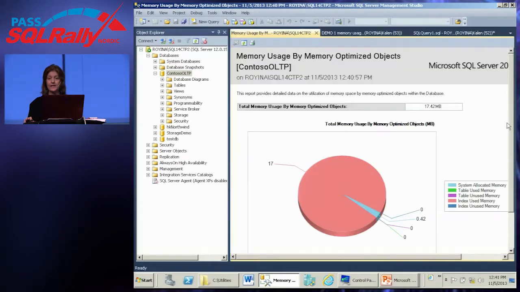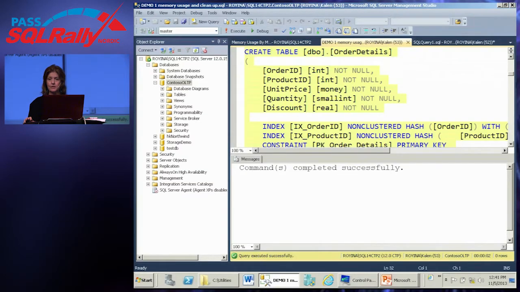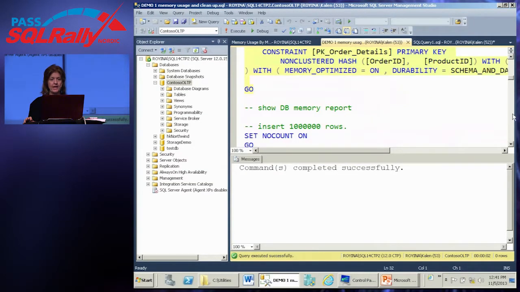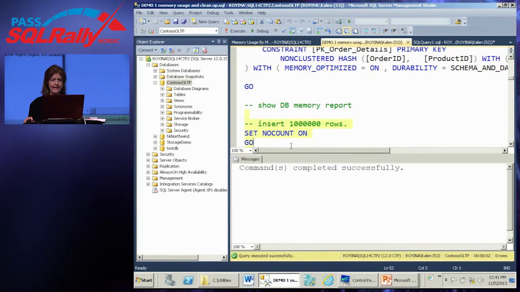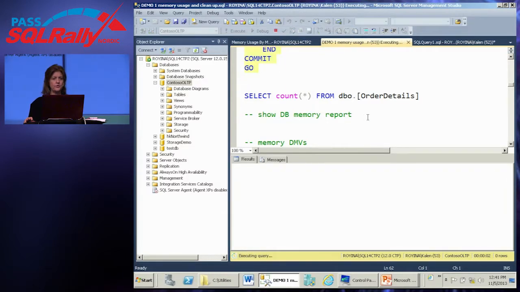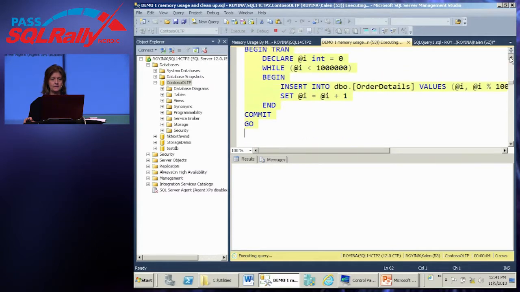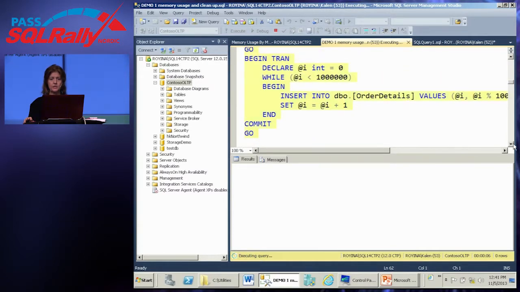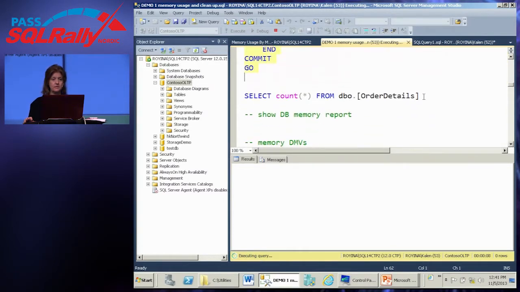And then when I load 1,000,000 rows into the table, those numbers will change. There's also metadata to show me those same values. I'll show you that in a minute, but I'm going to insert the 1,000,000 rows in a loop here. Insert, insert, insert 1,000,000 times.